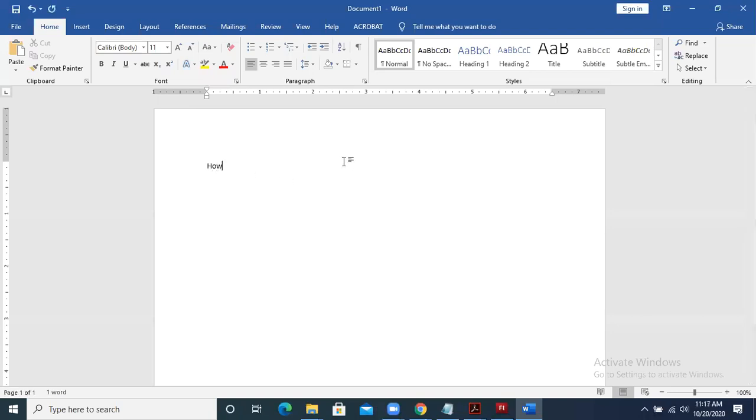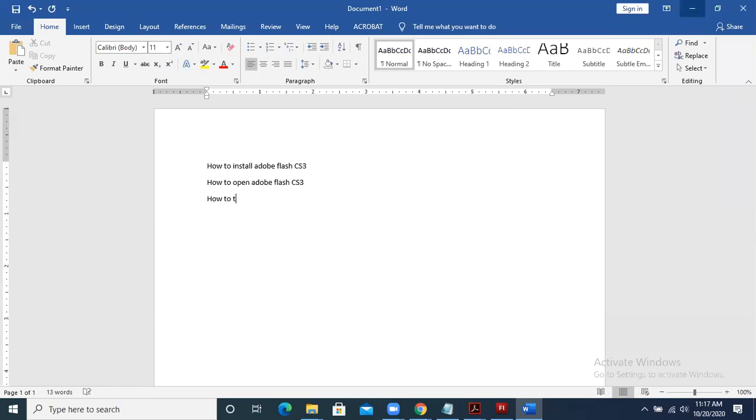Number one, how to install Adobe Flash CS3. Number one thing, this is the thing that we have done. Number two, how to open Adobe Flash CS3.